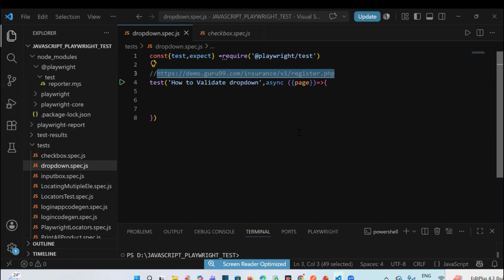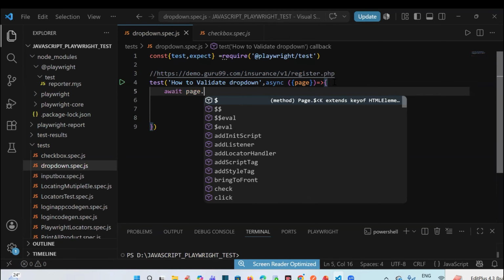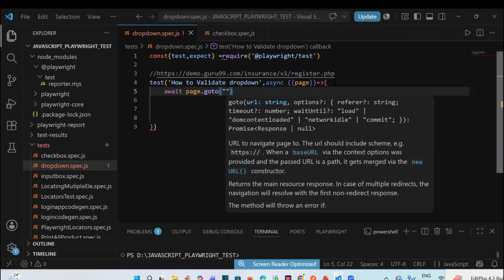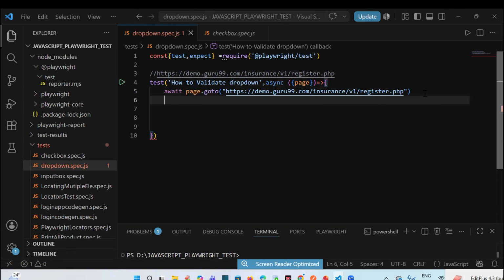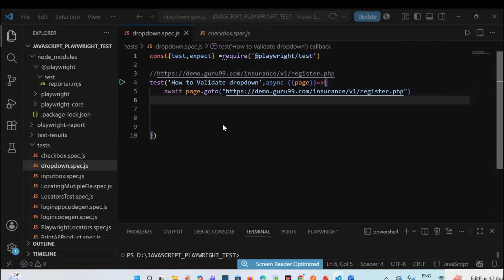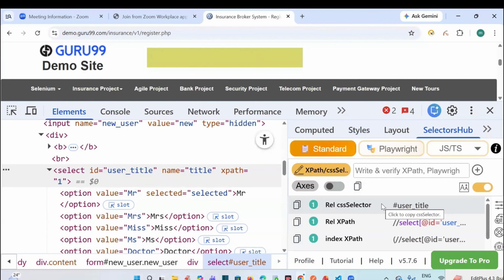So let me start. First we launch the application with dot go to, and this will launch the application. Second step, first of all we have to find the element of the drop down. So this is the element of this drop down. Now let me write the next step. We'll just copy the XPath from the selector hub, and now